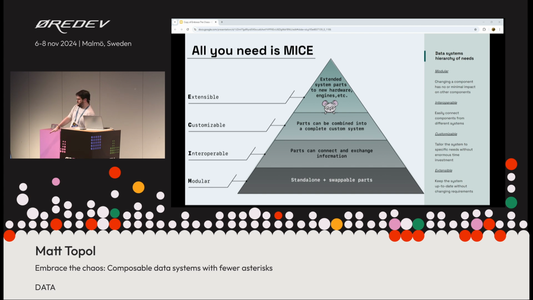Is it modular? Do you have standalone swappable pieces and parts? Are all the parts interoperable? After I swap them out, do they still talk to each other easily? Can you customize those parts? Because it's not one size fits all.